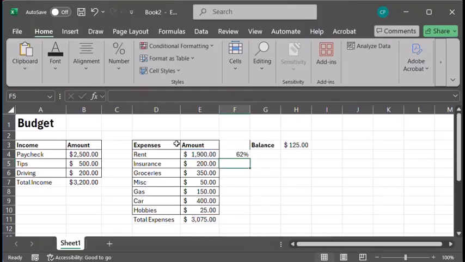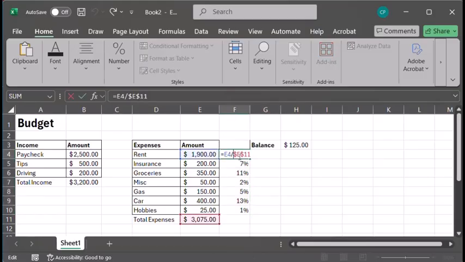Now if I calculate this, it's going to give me the same thing. It's doing the same calculation. But what this allows me to do is to extend this formula down the column. And the way you do that is by, after you've entered the formula, you put your mouse over the bottom right corner. There's a little dot there, and when you put your mouse over it, it turns into a black plus sign. And I'm going to drag this all the way down the table. So if I look at the formulas that are in each of these boxes now, we see that the first one was doing E4 divided by E11.